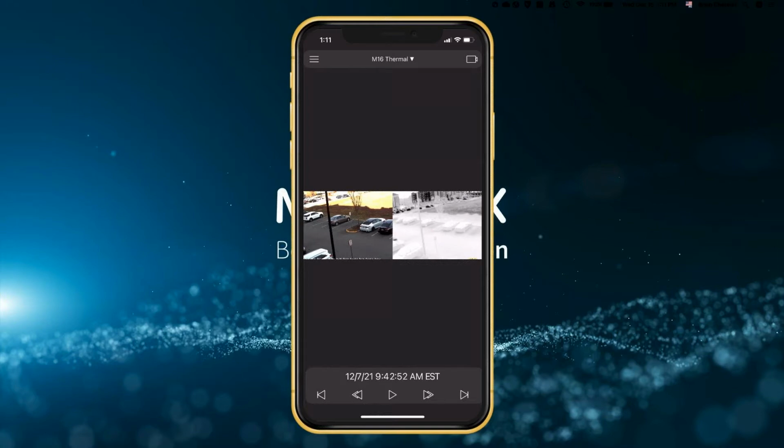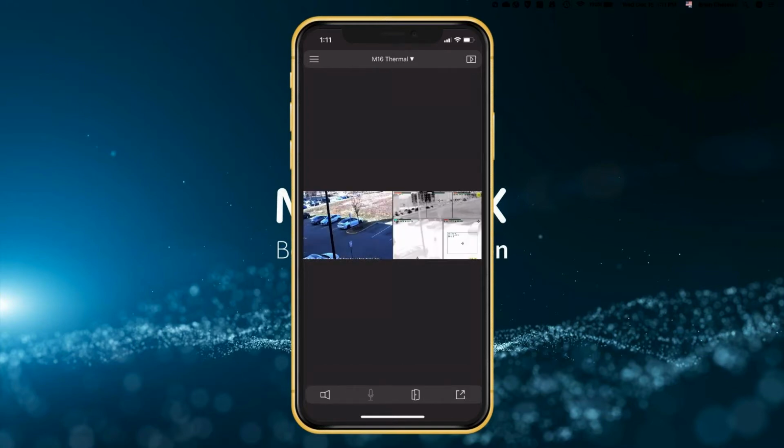So you see in the upper right-hand corner, my icon changed from that playback icon to the live icon. So simply if I tap the little camera up in the upper right-hand corner, let me see if I can create a pointer here. Give me a second here. I think I have the ability to, I don't know if you guys can see my cursor or not, but let's see if I can do a pointer here. Okay, so hopefully you guys can see my cursor here, my pointer, my mouse cursor.